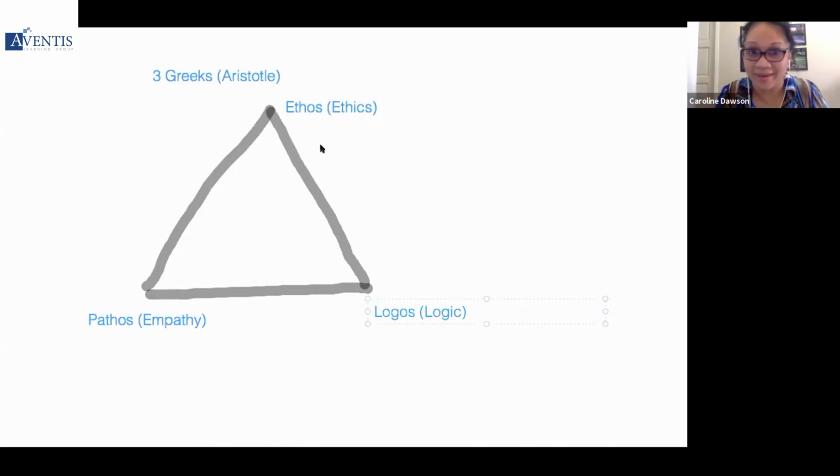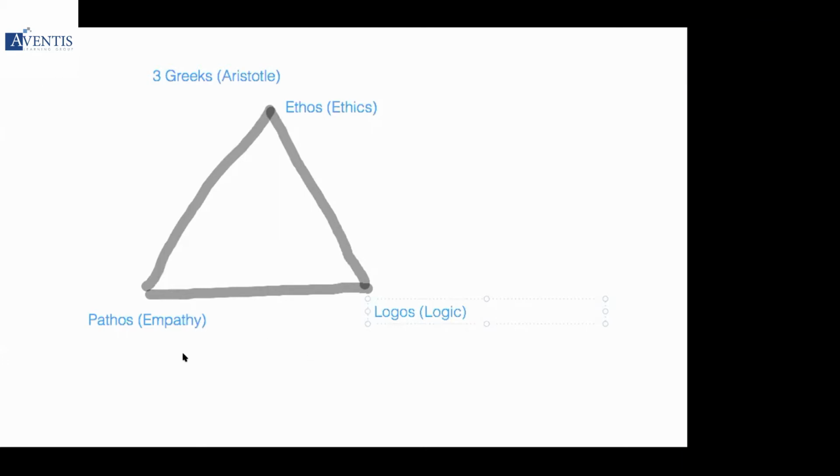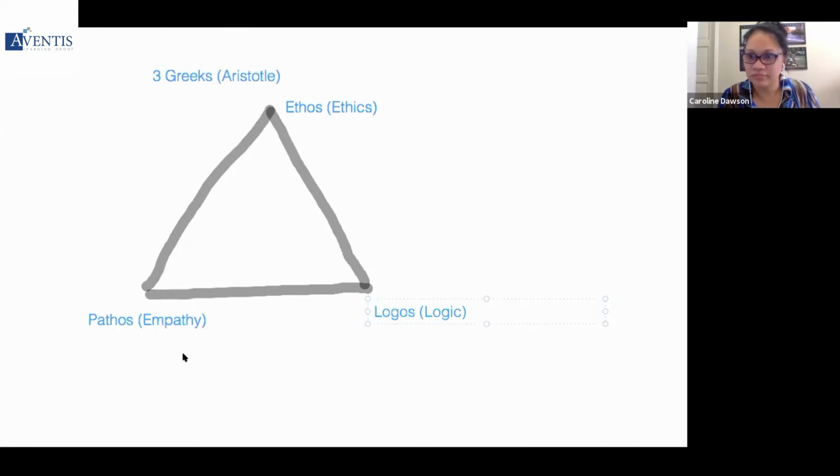According to Aristotle, we need to have an equilibrium of all three: one third, one third, one third. Some people have high ethos, high logos, for example, but they lack communication skills. Can you receive the communication well from that person? Yes or no? It's compromised, right? Now, some people have high ethos, high pathos, but they might lack the know-how. Can you receive the information well? Likewise, some people might have high pathos, high logos, but they might lack the ethos part.